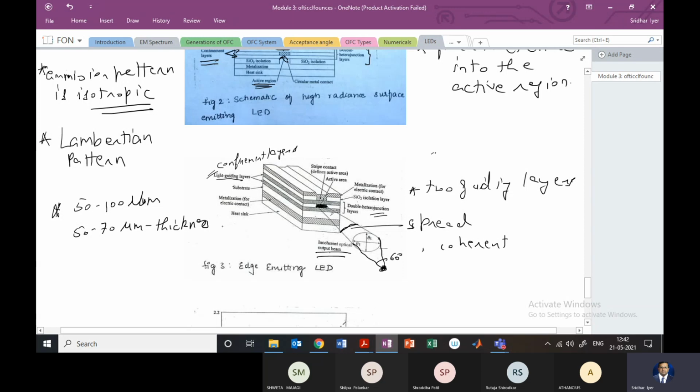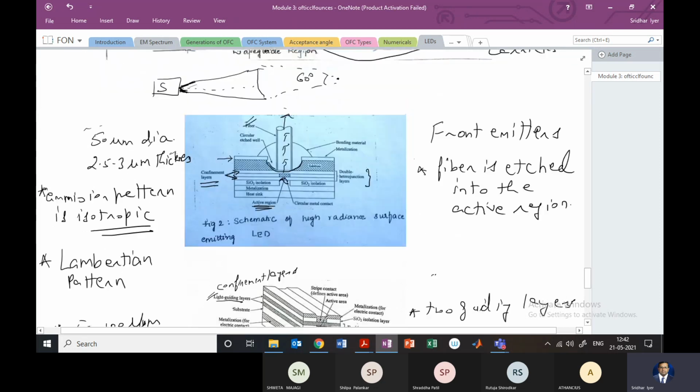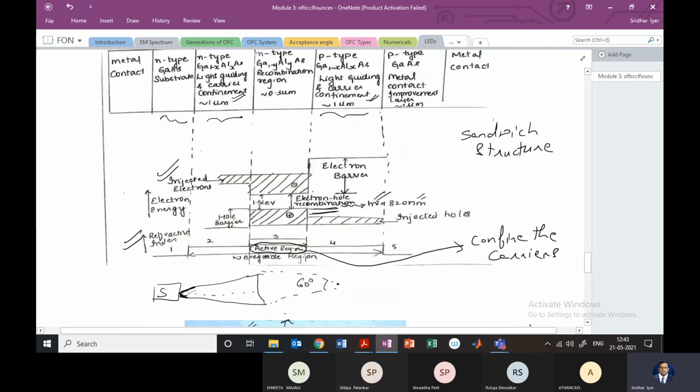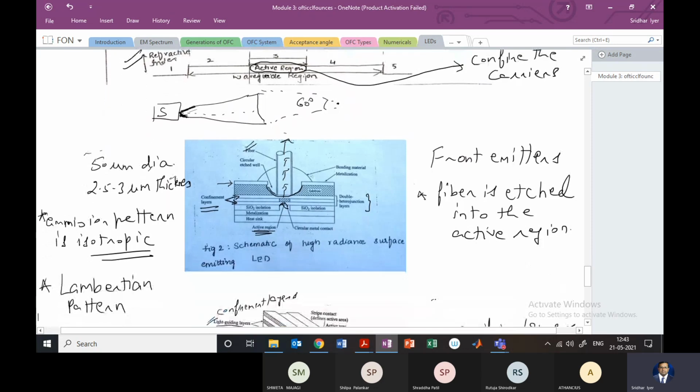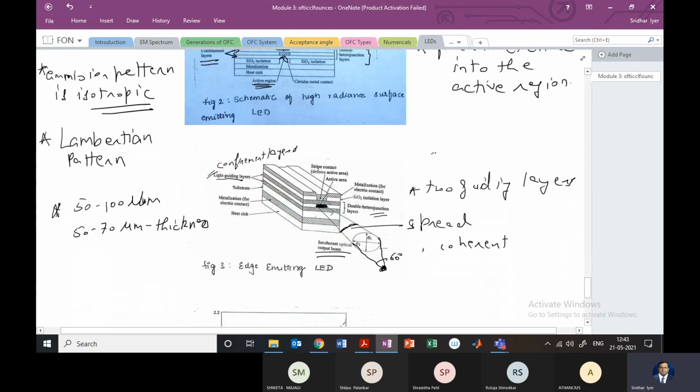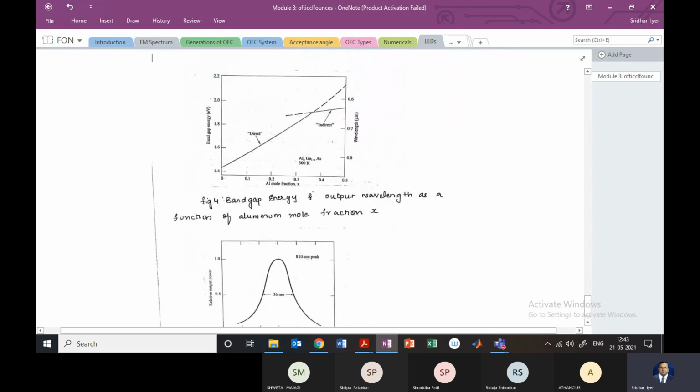Okay, and the Lambertian pattern I've just explained means that the light is going to be spread out, rather than being a directional light. Right? So from an exam point of view, you will have to redraw the diagrams shown here. They are also present in the notes, and then you'll have to explain the important points. I've mentioned the important points for you. You can build on that depending on the marks allocated to the particular question.